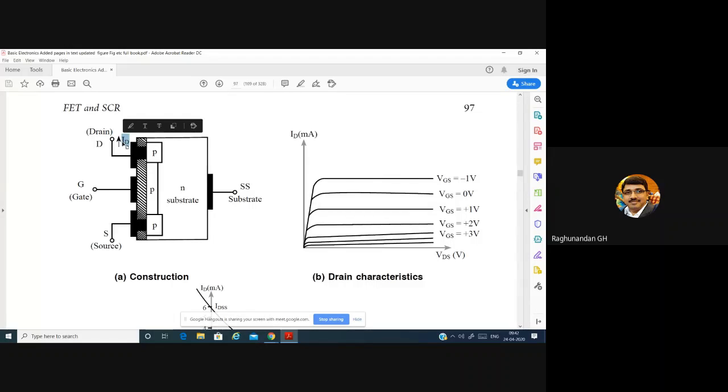Now, let us assume that I'm going to add some negative voltage to this. When I add negative voltage, automatically it creates a negative field here. And when a negative field is created here, what happens? The holes which are present in this substrate, because in this N substrate the majority charge carriers are electrons and minority charge carriers are holes, all the holes get attracted towards the channel because this gate is creating a negative electric field. So all the holes which are present here get jumped to this channel.